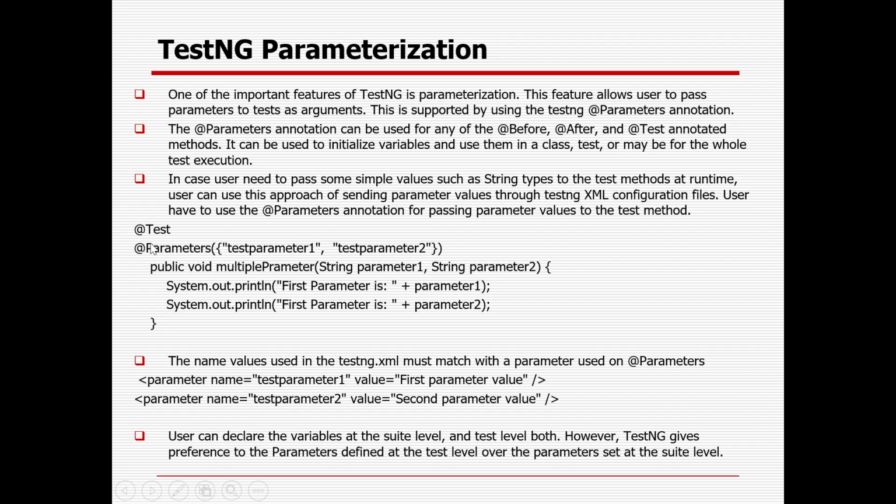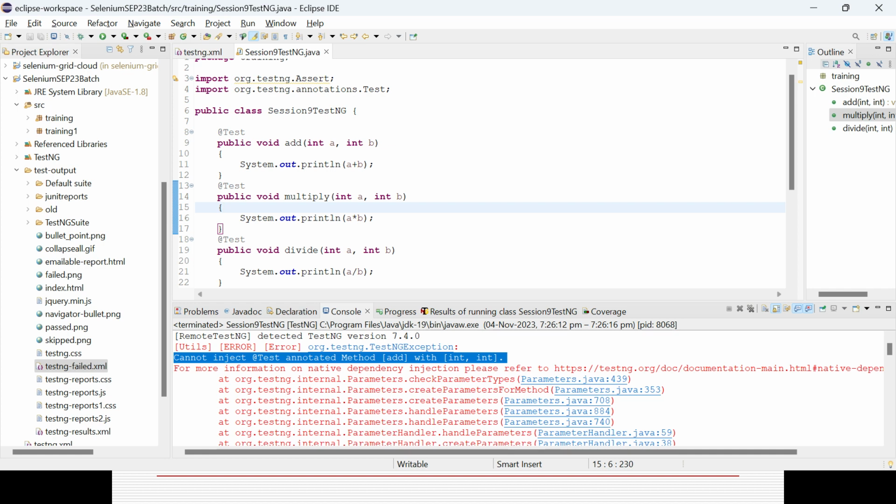First you need to define @Parameters. Okay, so in case there are two things, you need to use two parameters. In case you have three or four, you need to use three or four parameters as well. Sometimes in case the value is the same, you can use only one parameter. So what I will do here,